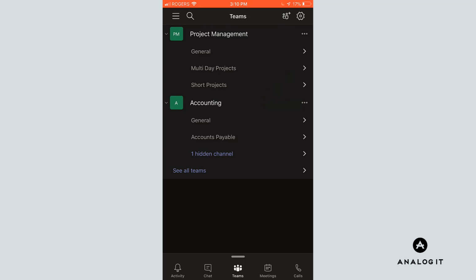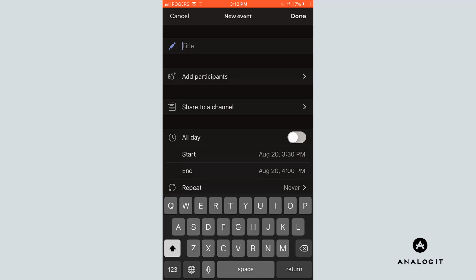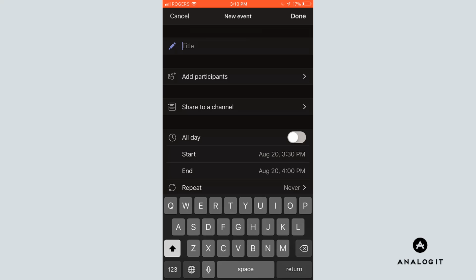Okay, so let's move on to meetings. We're going to go over this in great detail with mobile and the Windows 10 client in the next video, but right now I'll take a look at meetings, and if I schedule a meeting here, I just want to show you this dialog. So this is connected to Exchange Online. So when I add participants, add a title of the meeting, schedule it, it's going to send a normal calendar or meeting invite that you would out of Exchange Outlook to the participants, and you can actually meet in a